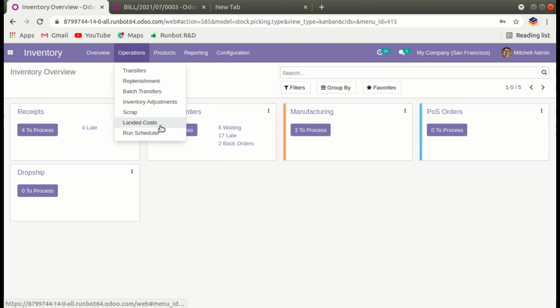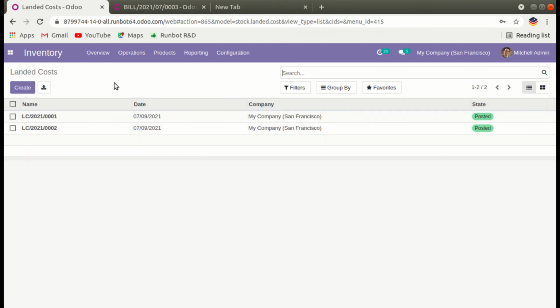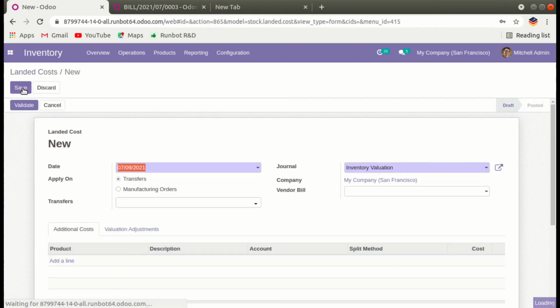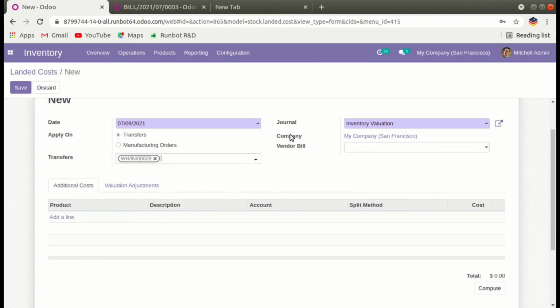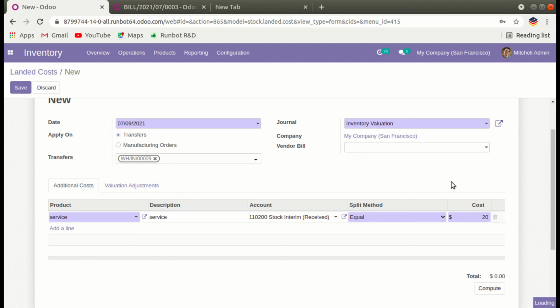Let's create landed cost for the method FIFO. Let's create, here is our date for transfer, and here we paste our purchase order number, and here we add our product service and the cost is 4 rupees.